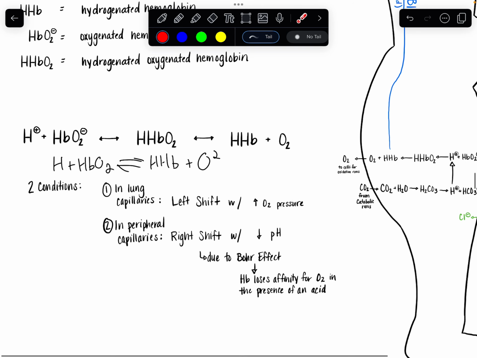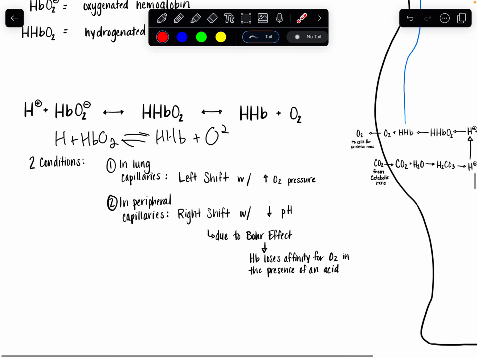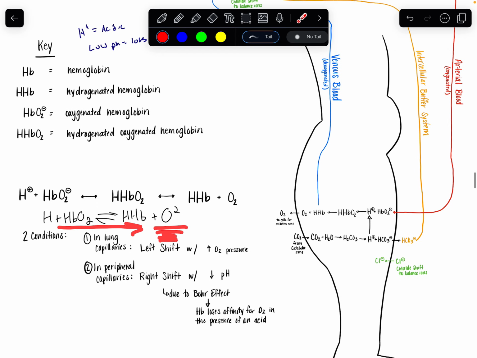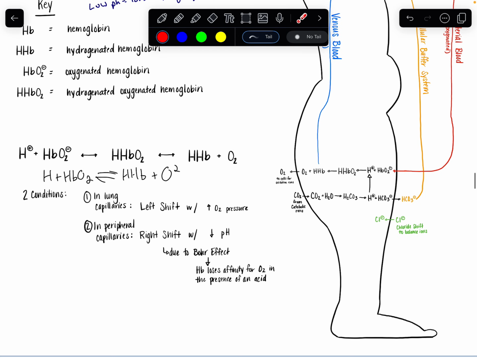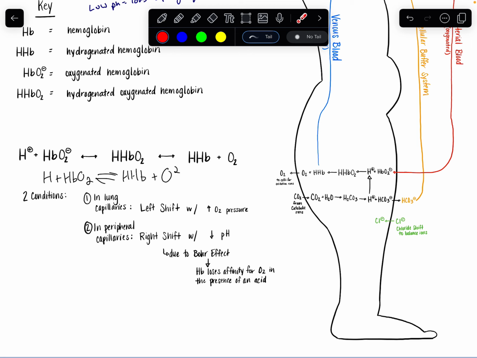What that's going to do is, in our peripheral capillaries, it's going to decrease the pH of our blood or that area. Because if we have an increasing acidic content, we're going to have a decrease in the pH level. And as a result, if we have a decrease in the pH and an overwhelming presence here of hydrogens, we're going to have a right shift in the equation and we're going to start releasing more oxygen into our blood. Very oversimplified view. However, just looking here and being able to make some connections with this equation right here,